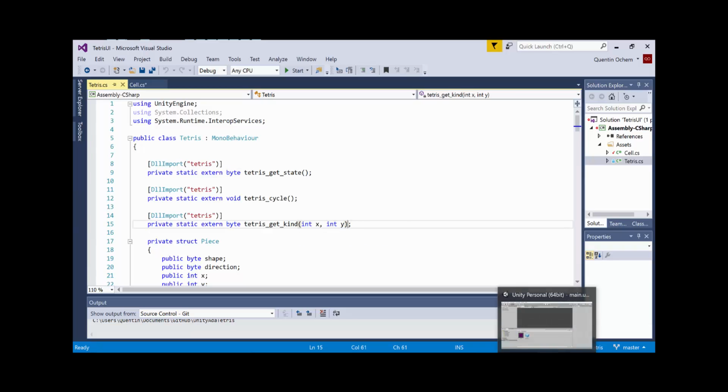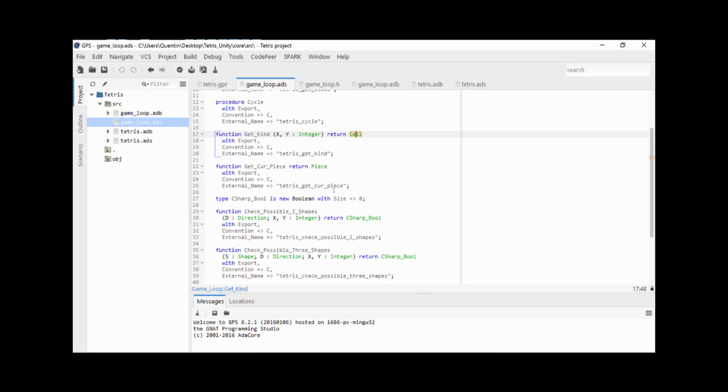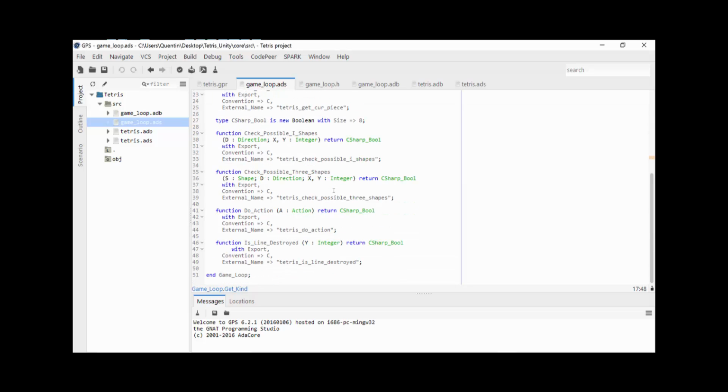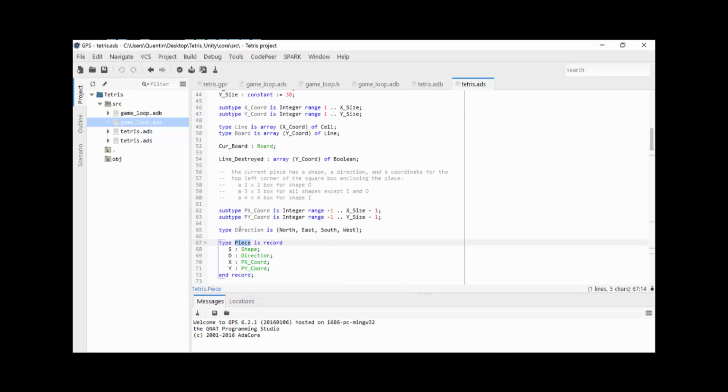One feature that I quite like when interfacing with C# is the fact that you can actually map data structure by value, which I don't think is even possible in Java. So for example here, in the care piece, that's the one I was looking at, I'm returning this piece type, which is a record comprising a number of fields. And again, because I know a little bit about the implementation, I know how that's mapped